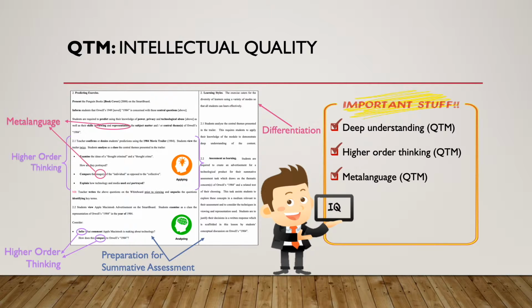This is consolidated in the next exercise, which requires students to collaboratively apply this understanding to a film trailer for Orwell's 1984 and stretches students to analyse how these themes are translated in Apple Macintosh's 1984 advertisement. Here, students are provided with a number of higher order questions, scaffolded according to their cognitive demand, which requires students to accurately understand and employ a number of forms of meta-language.